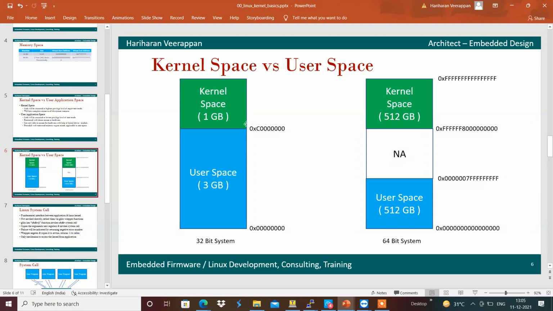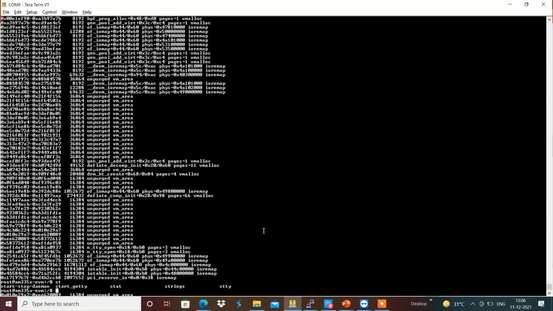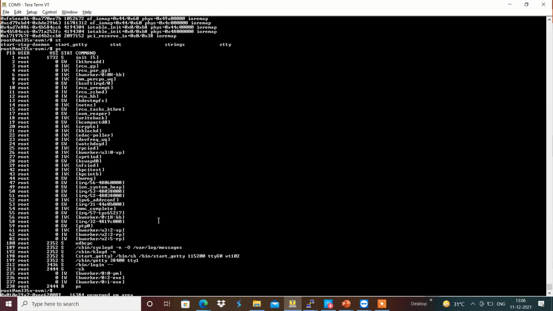Yes, even if it's a very small memory and there are no huge applications running, the user space will still be allocated 3 GB of virtual memory and 1 GB of kernel space memory for the kernel space.